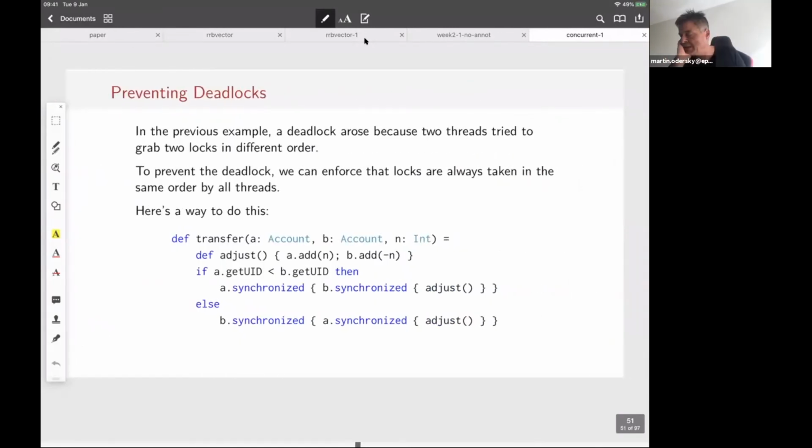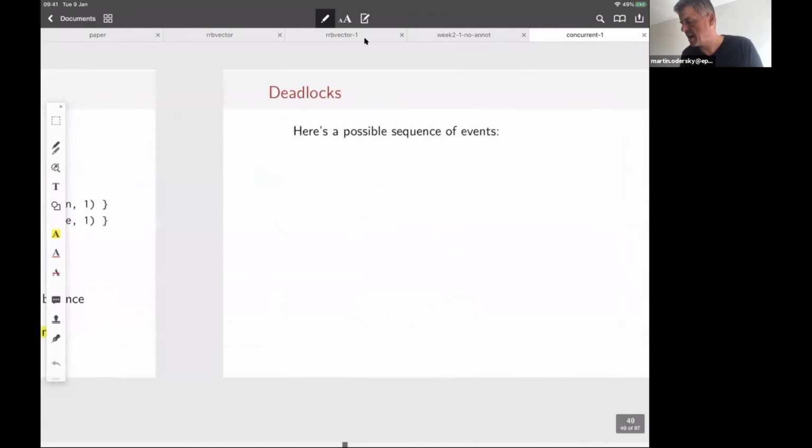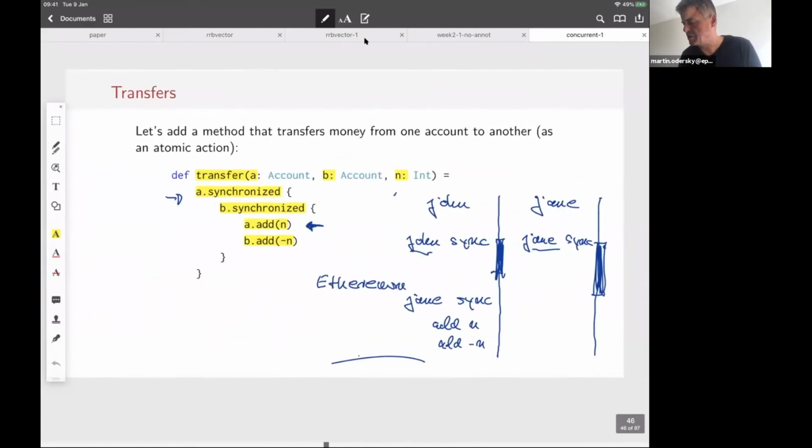So how can we avoid it for this program? The idea is that what we need to avoid is two threads grabbing the locks in different orders. So John grabs first John and then Jane, and Jane grabs first Jane and then John. And that means that both of them could end up with half of them and not make progress. So if we make them agree that they each grab the locks in the same order, so let's say first Jane, then John, then we wouldn't have a problem. And that's essentially what the solution does.